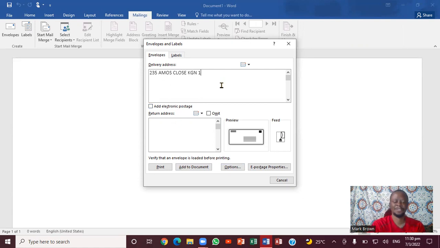Definitely, let me correct this right here. So definitely this. For instance, if you just want to deliver it alone, you don't have to put anything in the return address. Right? So next, if you notice the envelope right here,